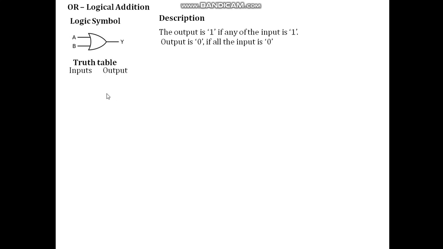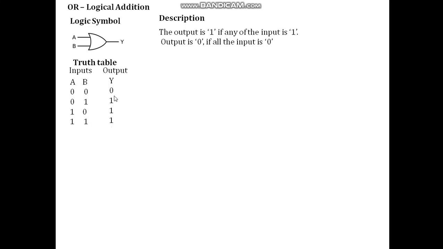That is the condition. Okay, so let us derive the truth table. There are 2 inputs A and B, and the output is Y, a single output. So for AB, definitely 4 possible combinations, right? So next is the output. In the first case, both the inputs are 0, so the output is 0. In the second case, one of the inputs is 1. We know that if at least one input is 1, the output is 1. So the output is 1. In the third case, the first input is 1, so definitely the output is 1. In the last one, both inputs are 1, so definitely the output is 1.